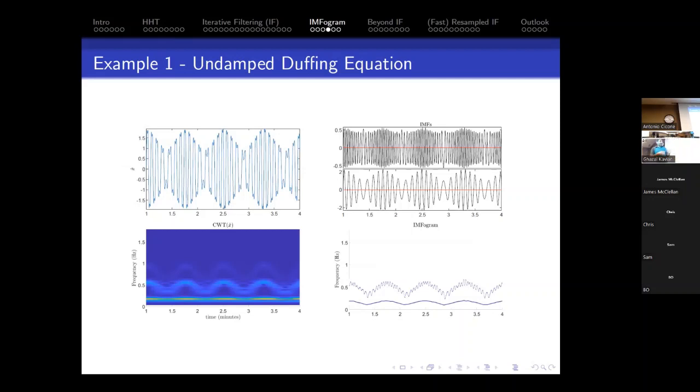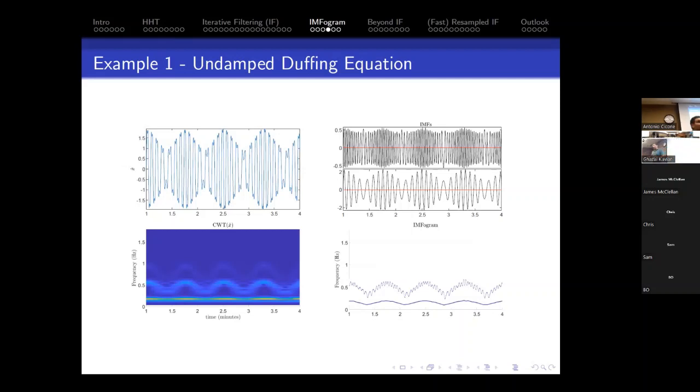But the IMFogram is going to contain a lot of fine details, plus there could be some small oscillations because of rounding off, like the zero crossing here. We are not really computing the exact one. We are computing the sample point closest to zero, which can be a rough approximation. So what we do is we window the instantaneous curves we built, instantaneous frequency and instantaneous amplitude. And the windowed data is what we're plotting here.